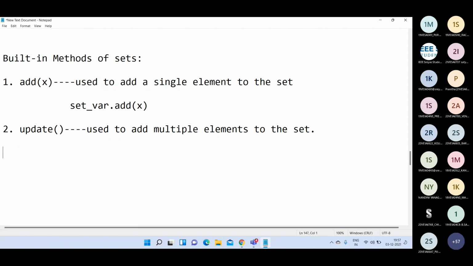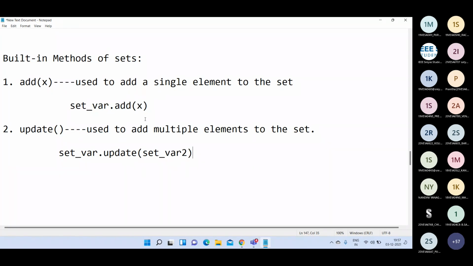The syntax for this one is set variable dot update of another set variable, set variable 2. Set variable dot update of set variable 2.